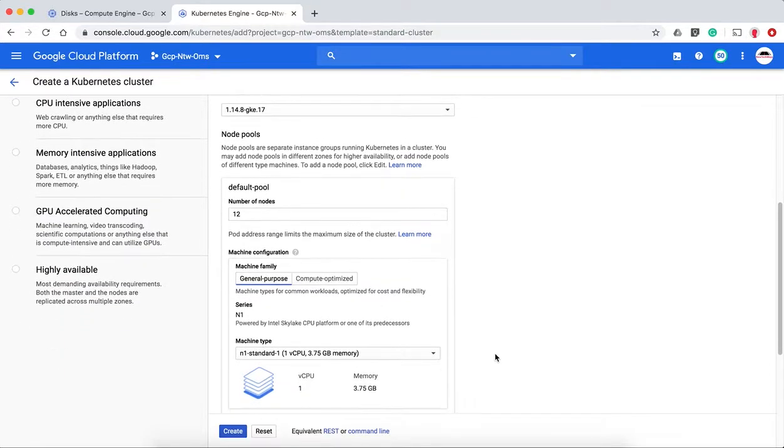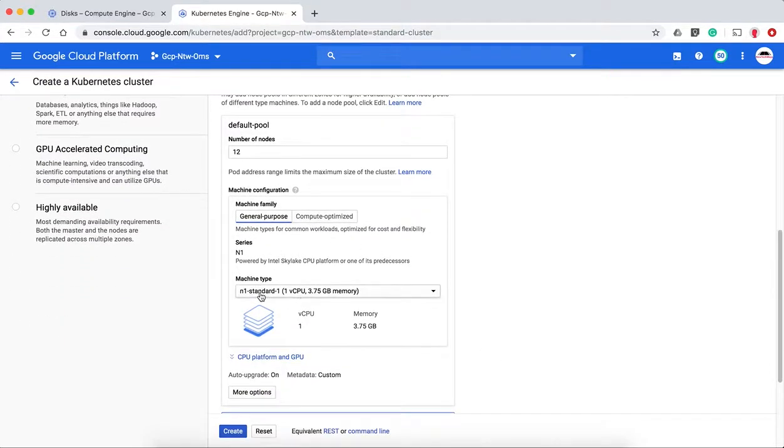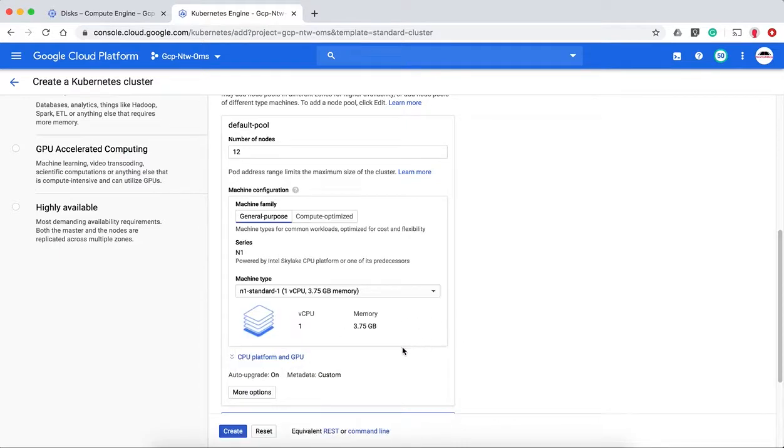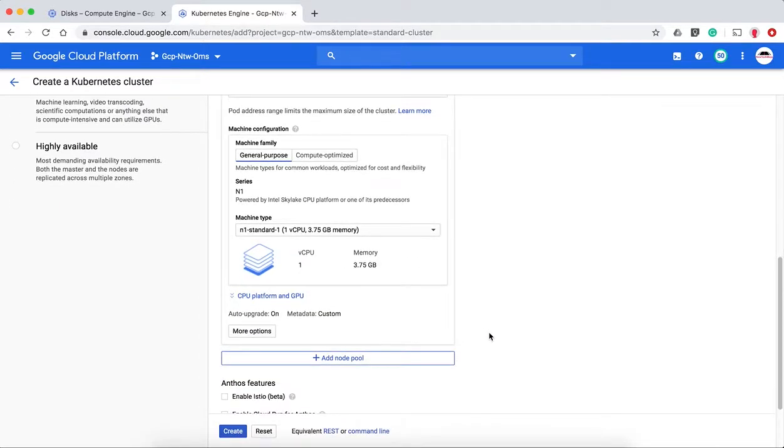We can do certain firewall settings. We can choose the kind of machine that we want. So we are going to choose this one CPU machine with 3.75 GB memory. We will have 12 such